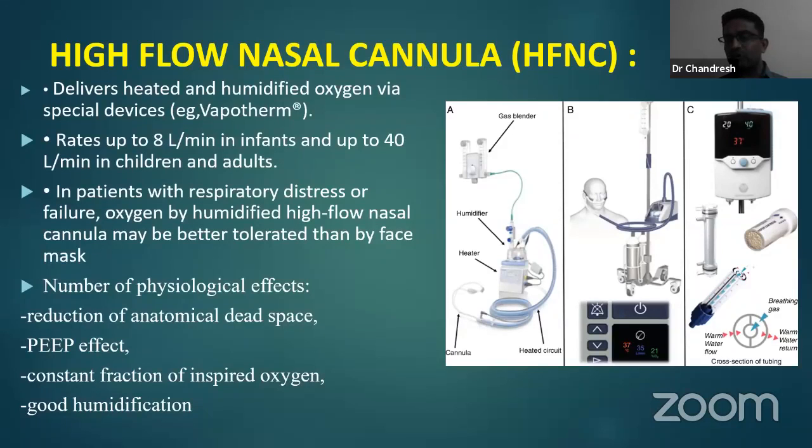If you look at the design of the tubings, if you go through the cut section, the oxygen which comes from the oxygen flow meter will always run through the central part, and on both the sides there will be separate lumen which will be containing the warm water. So by this way, this will keep the air completely humidified. Next,